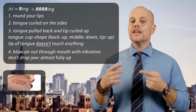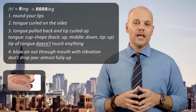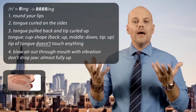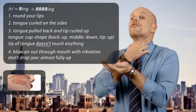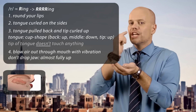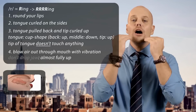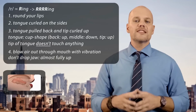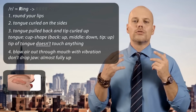Ring. Saying the R long will give you time to focus on the tongue and lip positions. Remember to hold the small ball in the cup that is your tongue. Pay attention to 4 things. That the tongue is pulled back towards your throat, that the tip of your tongue is curling up but not touching your upper teeth or the roof of your mouth, and that your jaw is up and that your lips are a little rounded. You should say a consonant sound, r, not a vowel sound, ring,